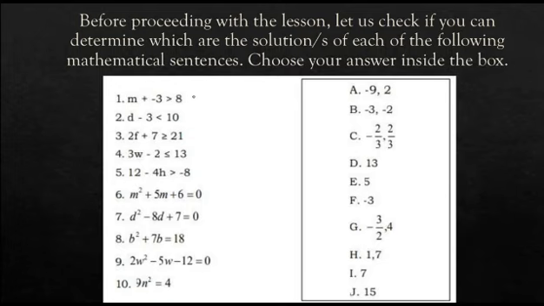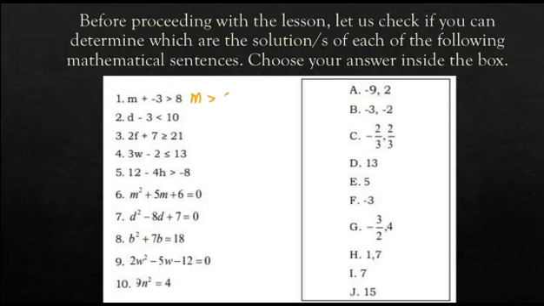The only difference is the symbol: when we are dealing with equality, we use the equal sign, and when we are dealing with inequalities, we use the symbols greater than, less than, greater than or equal, and less than or equal. Starting with m plus negative 3 greater than 8, the first thing to do is to isolate the variable m. So this will become m